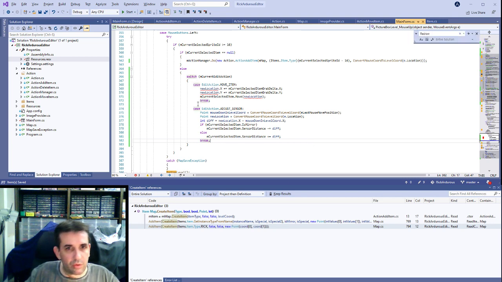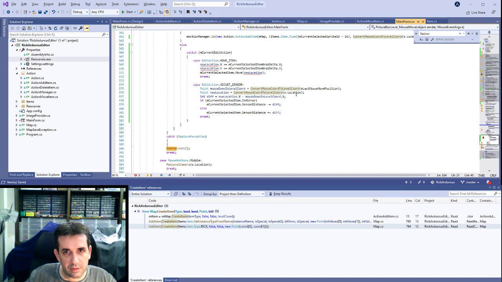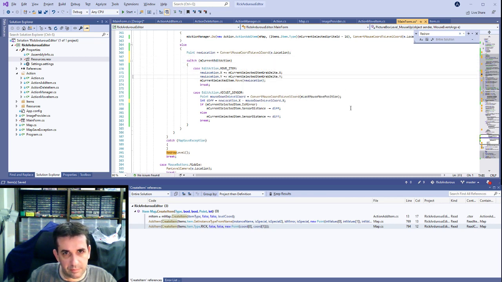All right, so this one, how is it computed? Convert mouse to core level. Okay, that's quite easy. I use it here also, so I can just move it here. And then we create our new action